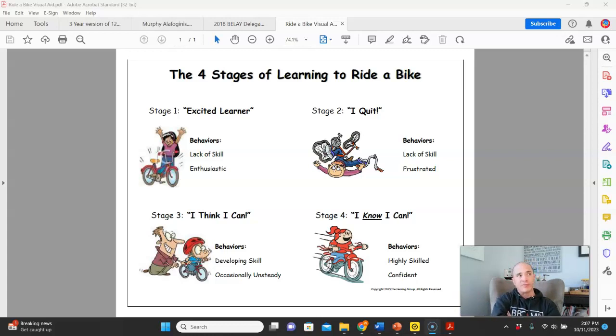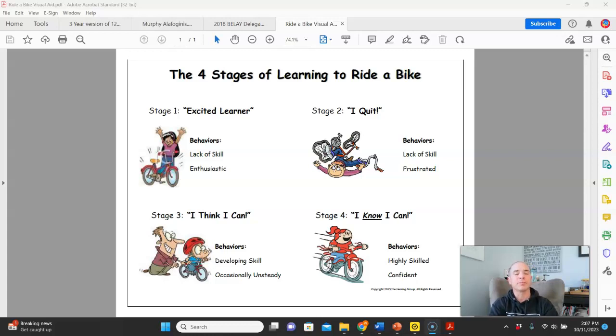And she fell and had not a major wreck, because I was close enough, and we weren't going fast enough to have a major wreck, but had enough of a little bit of a skinned knee. She's like, this is stupid. I don't want to do it. I quit. Done. Don't need to ride my bike. Couldn't care less. Riding a bike is stupid, whatever.